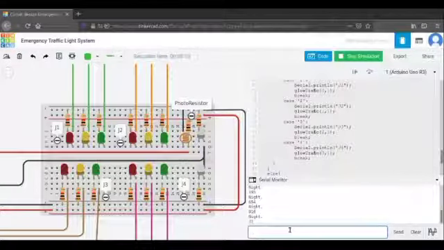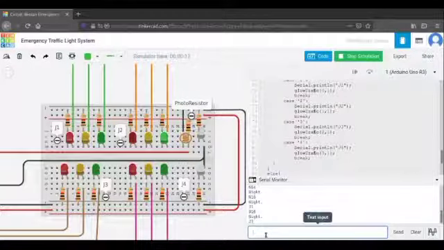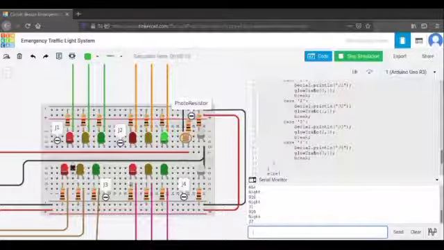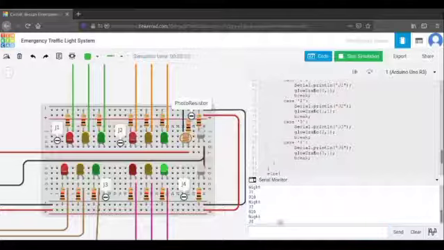Similarly, if we want junction 2 to light up, we will type 2 and then you can see junction 2, here also J2. Junction 2 is lit up and all others are at red, meaning stop. Similarly, if we put junction number 4, then you can see junction number 4 will be lit up. So junction number 4 is currently lighted up and all others are at stop.